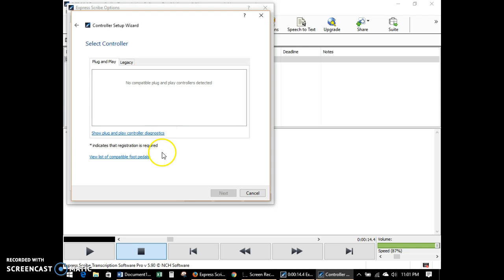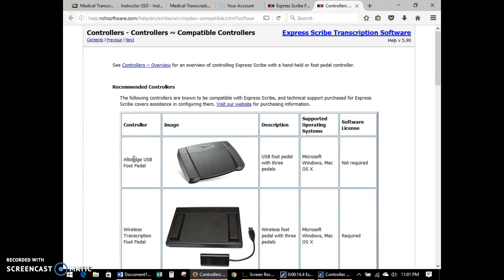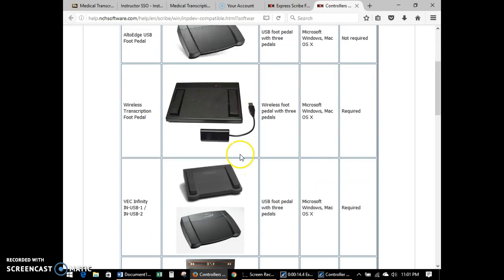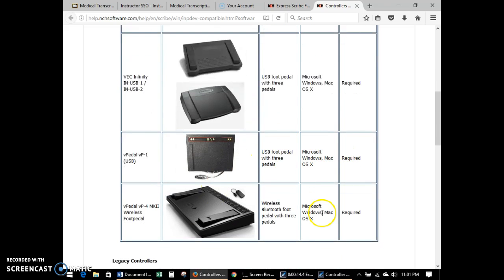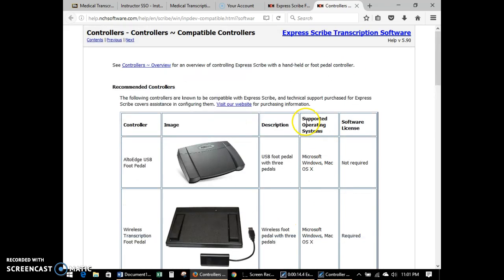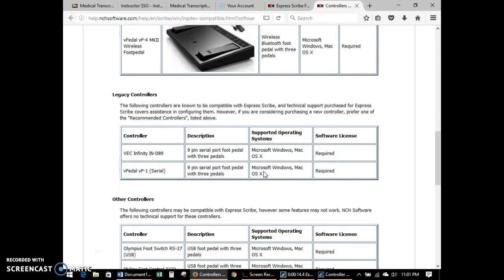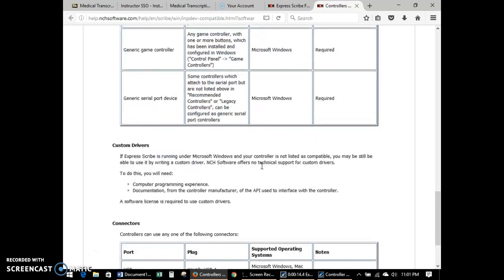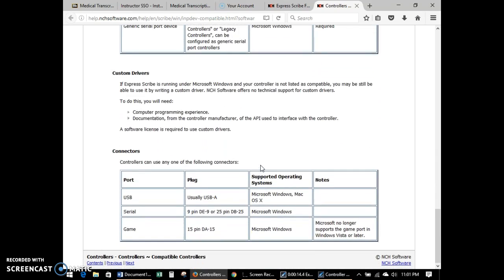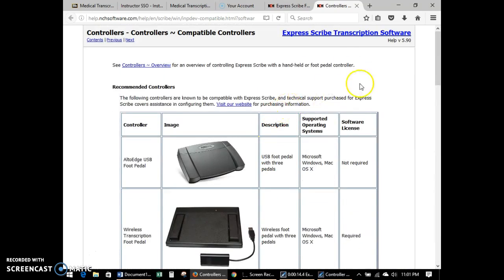Okay, you're going to have to view a list of compatible foot pedals, based on the ones that you have. Okay, typically it's usually a 3 pedal. So whichever ones that you have, you can compare with the operating systems and whatnot that are available to use it with. Okay, so you can go through and you can view all of this